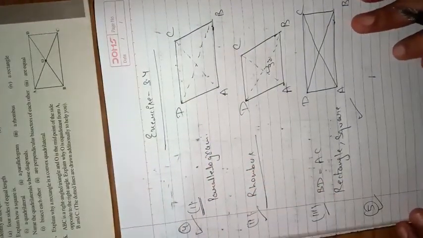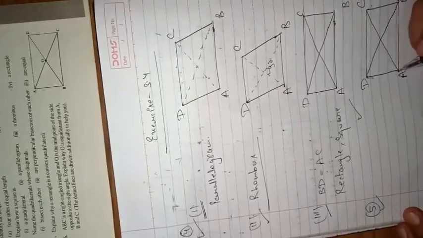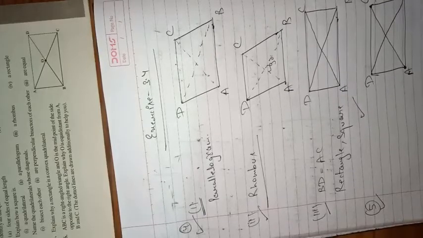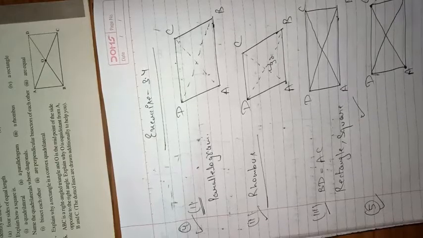Explain why a rectangle is a convex quadrilateral. Let us draw a rectangle first for discussing this property. I have drawn a rectangle. Now let us draw its diagonals. I have drawn 2 diagonals. Can I draw more diagonals for a rectangle? No. The answer is because we have 2 opposite vertices A and C, and 2 opposite vertices B and D. We do not have any other opposite vertices. The line joining opposite vertices is known as a diagonal. So we have 2 diagonals.